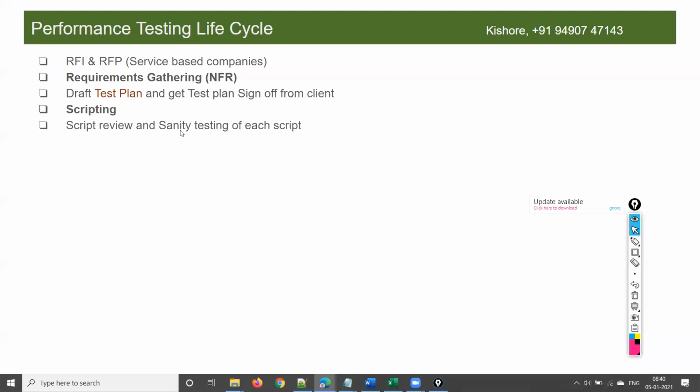They should also do sanity testing for each script. Sanity testing means they should run the script with proper test data and check the output, the functionality of the script, as well as check it against the UI. Suppose it is a net banking application and one resource has developed a script for fund transfer or for adding a beneficiary. The client will provide the test environment, not production; you will not do all this in production.